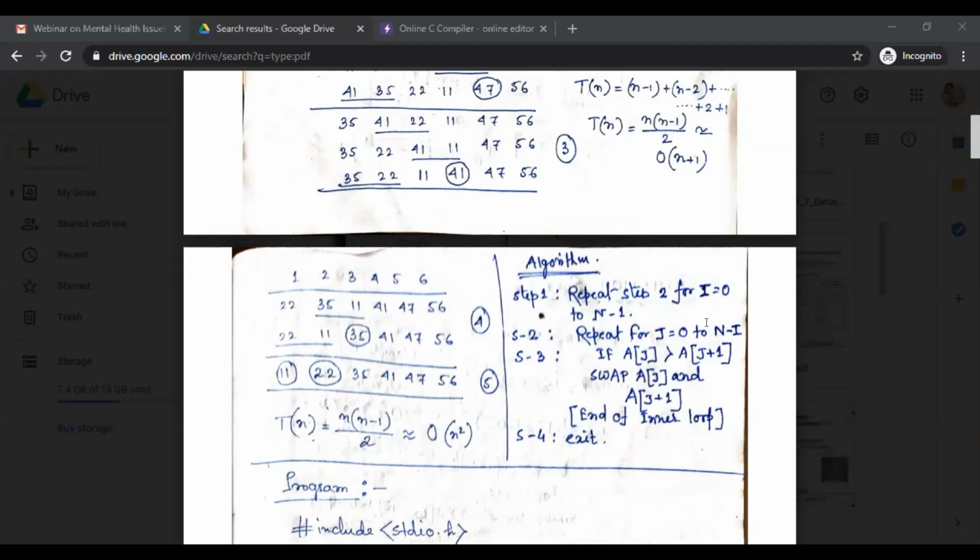The inner loop is executed until the condition is false, and then the outer loop is incremented by 1. So we have to execute an inner loop and an outer loop, two different loops.